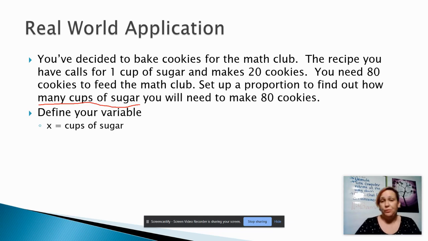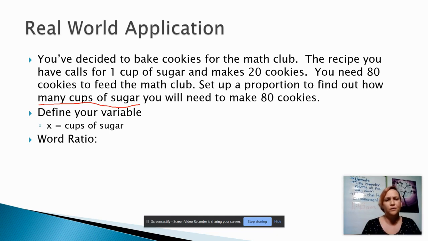Now, the most important part of setting up a proportion to solve a word problem is making sure that you stay consistent with your ratios. So if you don't remember, a ratio is just a comparison of 2 numbers, and basically it's a fraction. So we want to make sure that our fractions on each side of the equal sign are consistent with their units. And so I like to set up a word ratio to start with to make sure that I'm staying